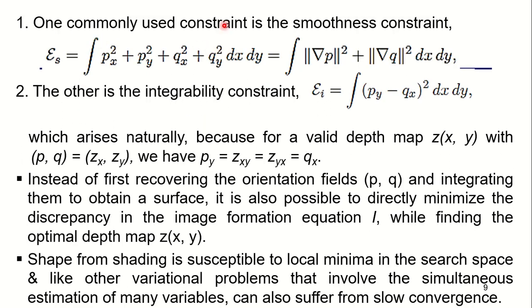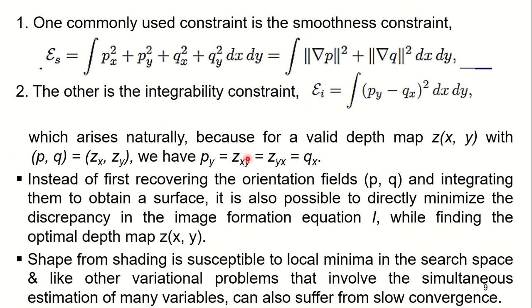One commonly used constraint is the smoothness constraint, epsilon s, and the equation is given. The other is the integrability constraint, that is epsilon I. So smoothness is represented by epsilon s, and the integrability constraint is epsilon I,